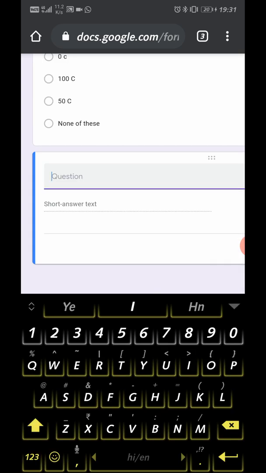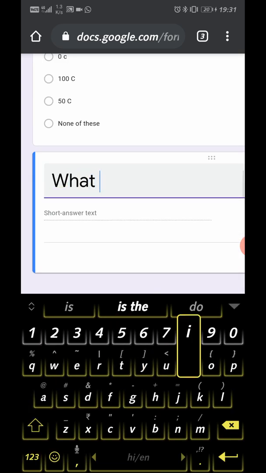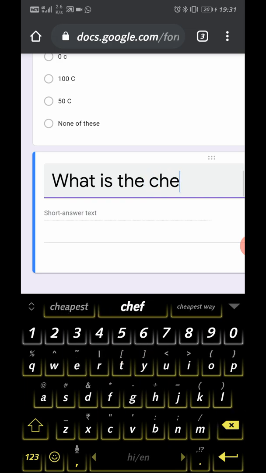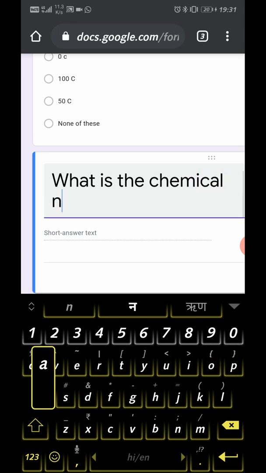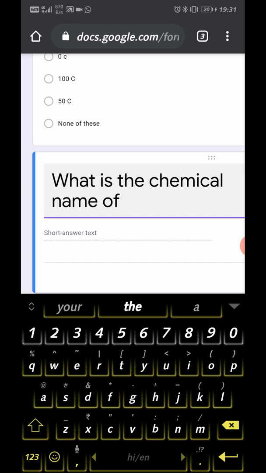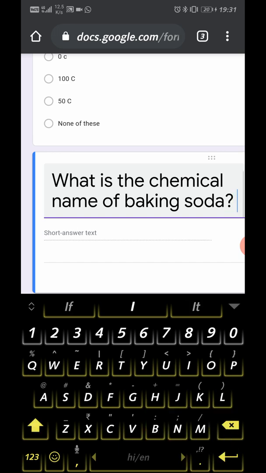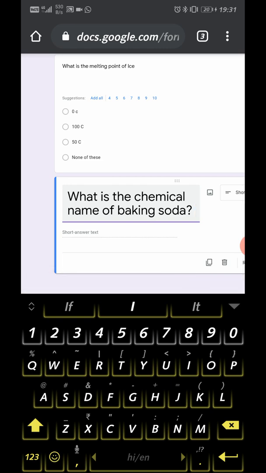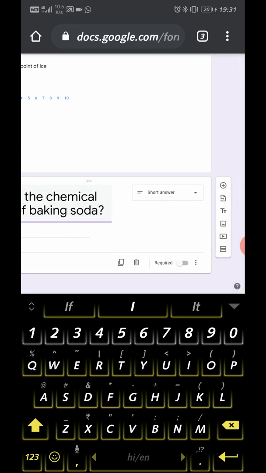Right here: what is the chemical name of baking soda? So it may be a one word answer or fill up. You can make it a one word answer.